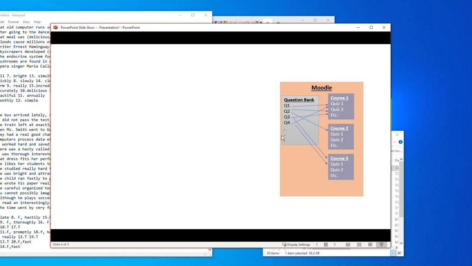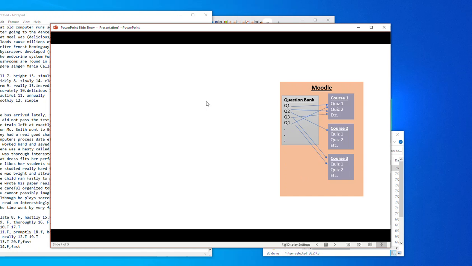So we have a question bank full of questions: multiple choice, true/false, short answer, etc. And then we create a course and we have a quiz in it and we pick the questions from the question bank, and then we have another course and we add more questions and so on. And over the years we can refine the questions, fix mistakes, typos, and so on, put them back in the question bank, and then eventually we will have a treasure trove of a question bank that we can also then